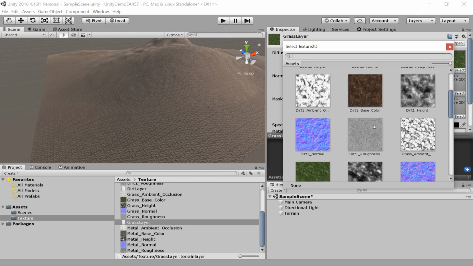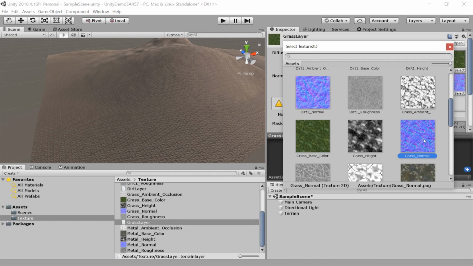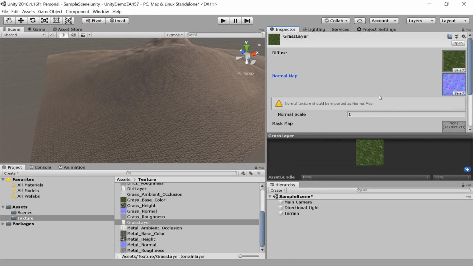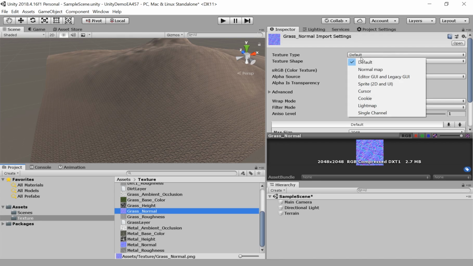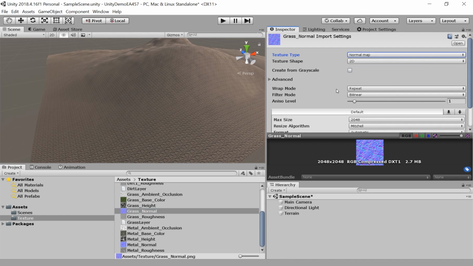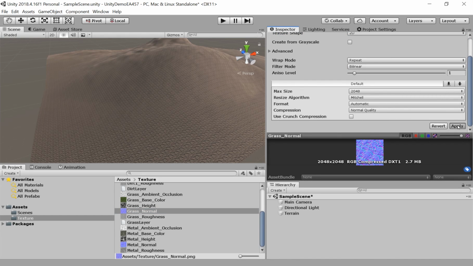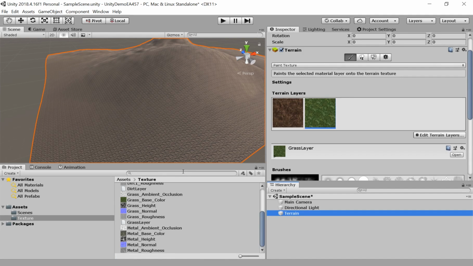I'm going to find those albedos real quick. Grass normal, or normal map, sorry. And then I'll just make sure that the grass normal is imported properly. You don't have to import normal maps for all of these terrains. Normal maps are a completely optional thing to bring in. However, they are something that's really powerful and definitely advised to use because they'll give your actual terrain objects just that extra depth that makes it just ever so slightly more realistic,